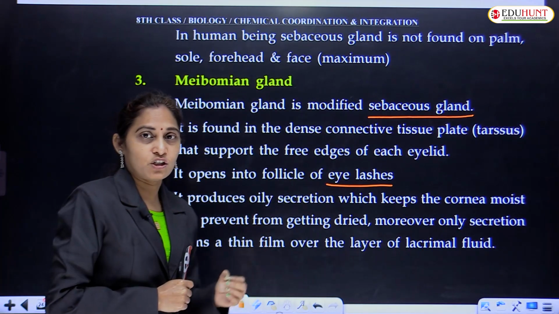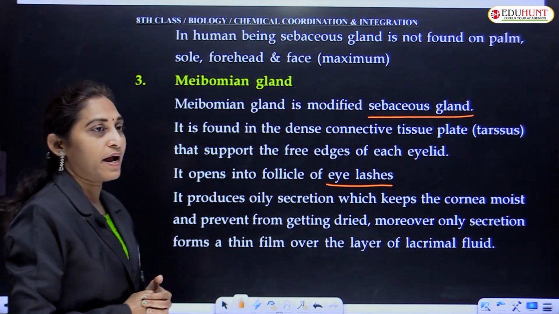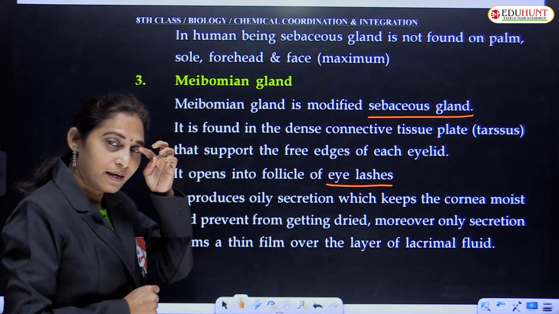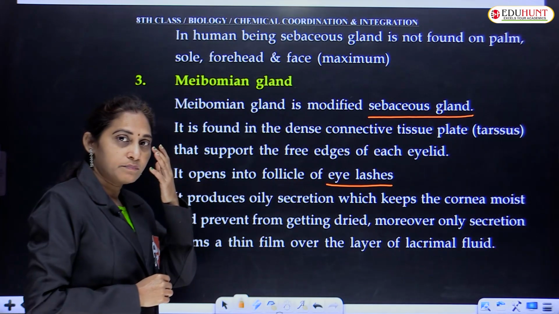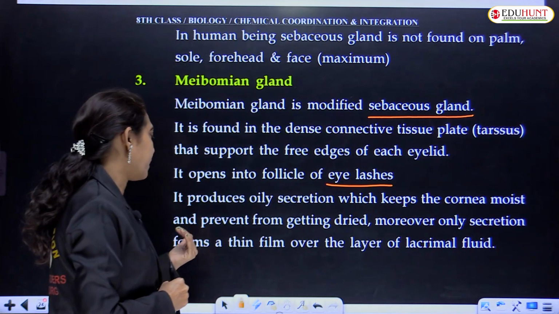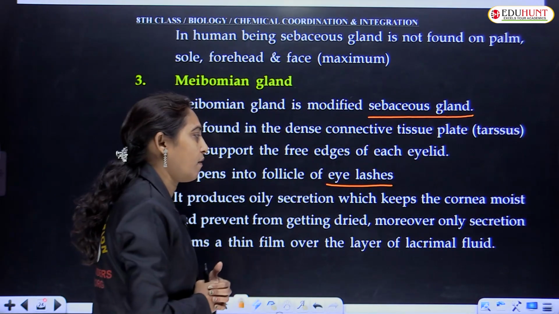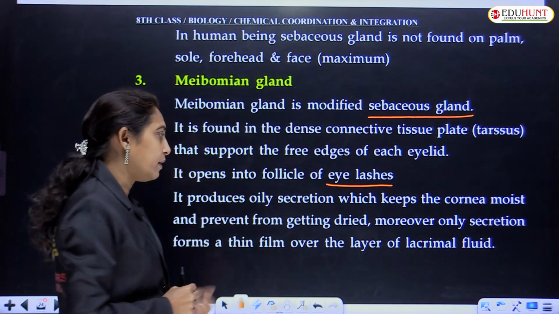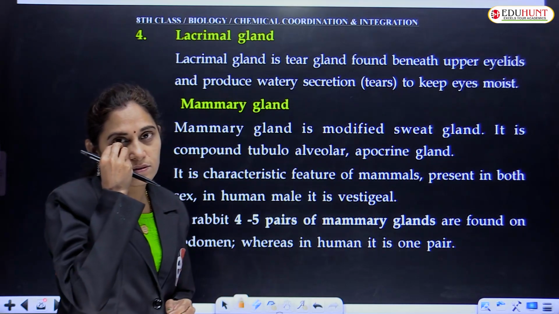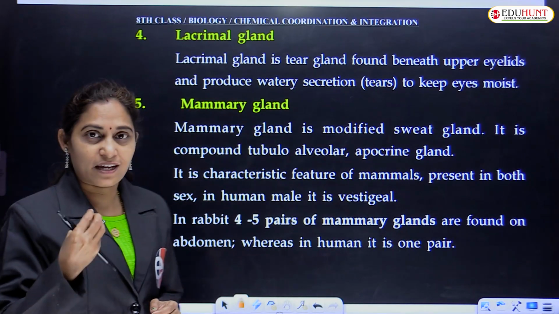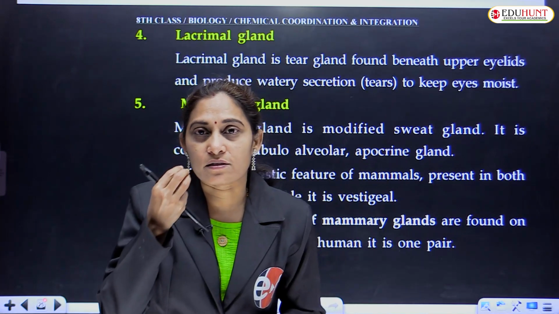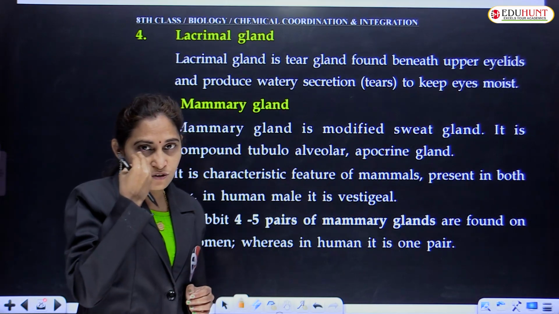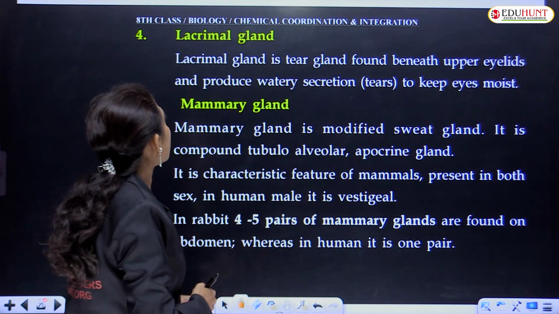టు ప్రివెంట్ దట్ డేంజర్, these meibomian glands release the secretions over the follicles of the eyelashes. Because of that, they become wet. The cornea becomes wet and prevents from getting dried. And these secretions form a thin film over the layer of the lacrimal fluid. Lacrimal fluid is tears. Lacrimal gland secretes lacrimal fluid, that is tears. Along with this, it makes the area that is cornea, eyelashes, all these structures, they make it wet. Next is the